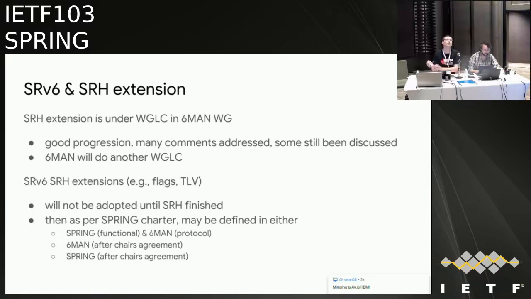Yeah, I think the charter doesn't stop the working group from working on items and taking working group drafts without SRH, because it's going to be a huge dependency or backlog for any progression of SRv6 documents. The charter allows us to work on functional extension, but for protocol extension, it needs to be done in the protocol working group, or we can do it in Spring with agreement with the chairs, which we don't have so far for